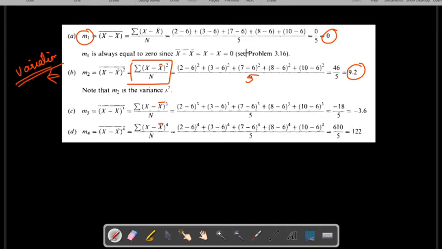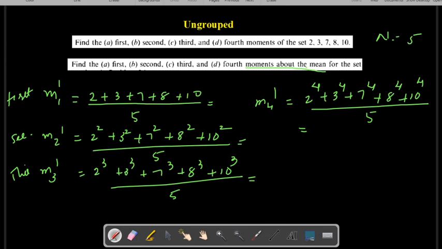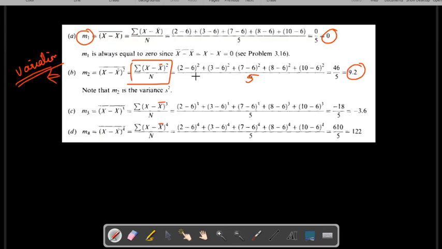Now this is one way of finding moments about mean. What is the next way? You can use the relationship, this is the relationship. You already have m1 dash, m2 dash, m3 dash, and m4 dash. Substitute in this formula and check whether you are getting the same m2, m3, m4. What are the m2, m3, m4 you got? 9.2, minus 3.6, 122. That is a homework verification. Okay, homework is verification